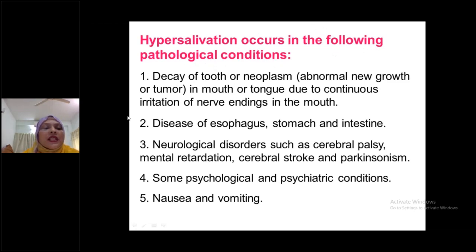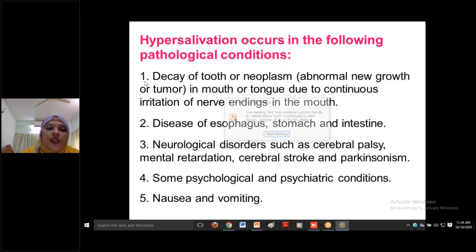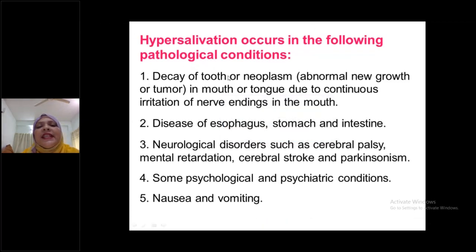কোন কোন pathological condition এ hypersalivation হতে পারে? First one, decay of tooth or neoplasm. Neoplasm means abnormal new growth or tumor. যদি টুথের কোনো প্রবলেম হয় অথবা কোনো টিউমার যদি হয়, that is abnormal new growth or tumor in mouth or tongue due to continuous irritation of nerve ending in the mouth. ধরো ডেন্টাল ক্যারিজ, কোনো টুথ যদি ভেঙে যায়, কোনো টিউমার যদি হয়, তাহলে কন্টিনিউয়াস ইরিটেশন অফ নার্ভ এন্ডিংস ইন দ্য মাউথ হয়ে হাইপারসালিভেশন হতে পারে। নাম্বার 2, ডিজিজেস অফ দ্য